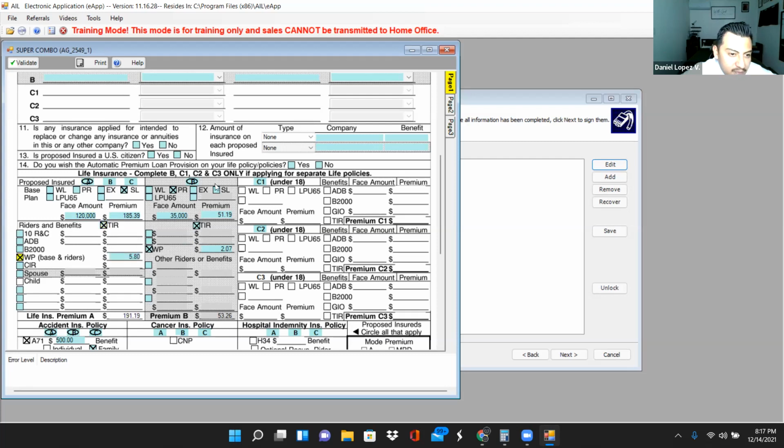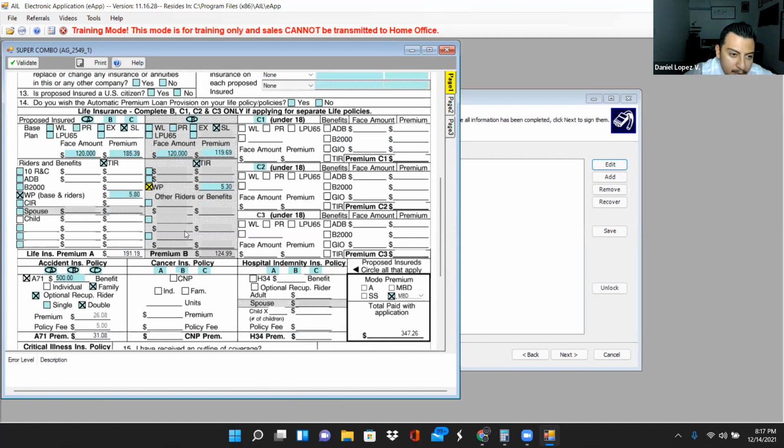Waiver of premium. The same thing for her. TIR, waiver of premium. And this is already marked here. Altogether it's 347. Don't forget, this is not the actual price you pay a month. You've got to remove the policy fee. So what their policy costs is $342.26, so $342. The first premium is always $5 more. Okay. So the other one is 343 because we round to the nearest dollar.